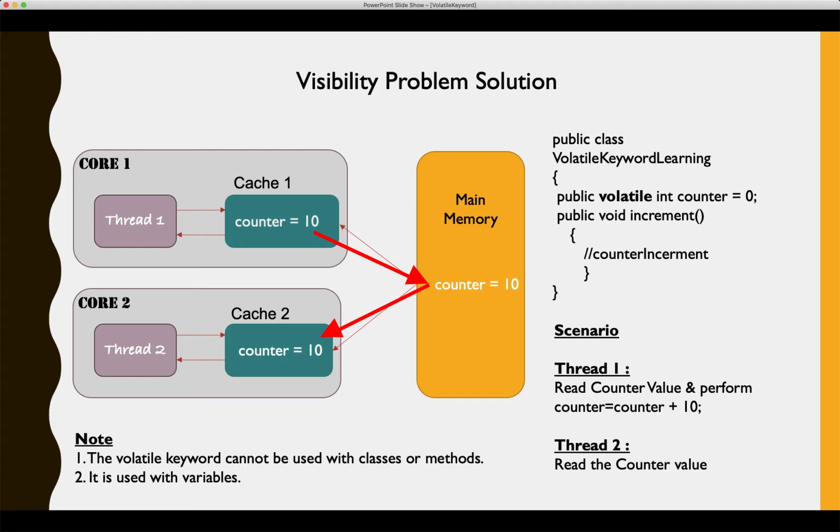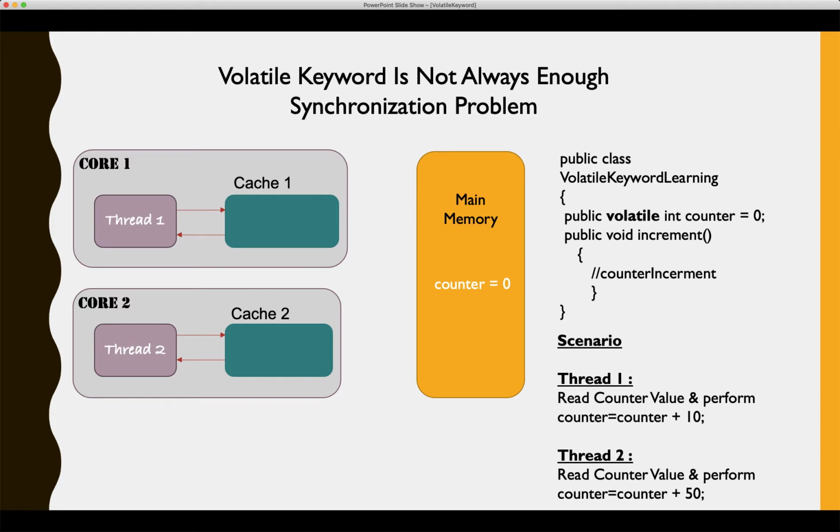But now the volatile keyword is not the only solution, because it can give some problems. Which kind of problem? A synchronization problem. So here I took one more scenario. That is, my thread 1 is again reading the counter value and performing the operation counter plus 10. My thread 2 this time also reads the value and performs an operation, that is, counter equals counter